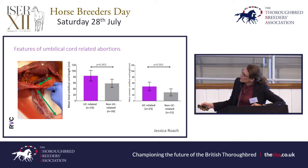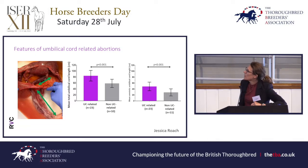And then you can see this part of the cord here. This is what we call the amniotic portion of the cord, and the amnion's here, and then this is what we call the allantoic portion of the cord. So when you see total cord length recorded, it will be for the full length of the cord, both portions. And what we found was, probably not unexpectedly at all, that the total umbilical cord length